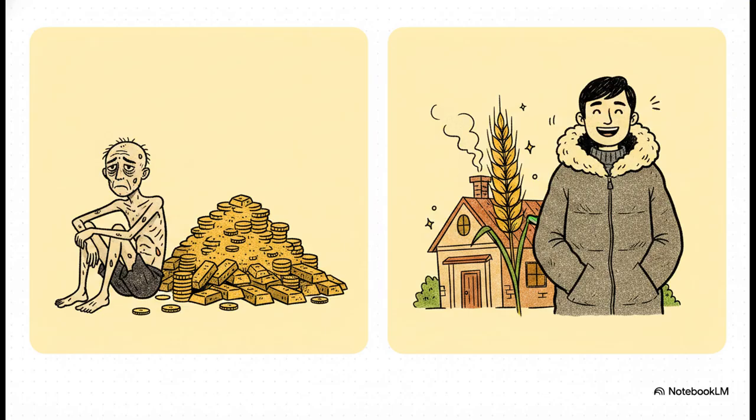So back when Smith actually wrote this book, the popular theory of the day was called mercantilism. People honestly believed that a nation's wealth was simply how much gold and silver it could hoard. Think of Spain back in the day, hoarding just vast amounts of silver from the Americas, thinking they were going to be rich forever. But Adam Smith looked at this and said, wait a minute, can you eat silver?